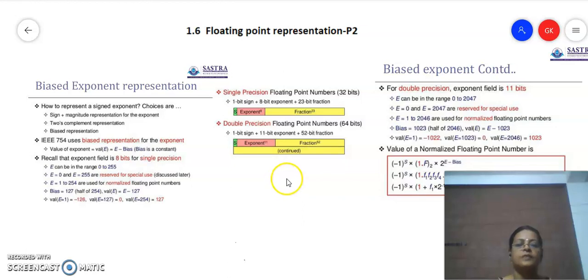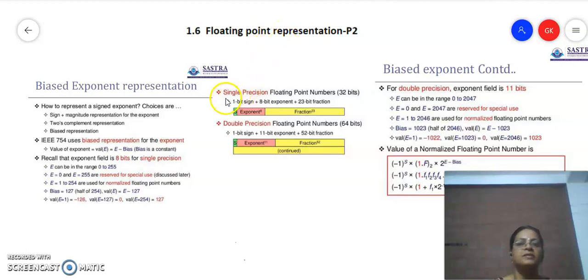Hello everyone. In this session we will discuss floating point representation. In the previous lesson we discussed how normalization is done with respect to floating point. Now in this lesson we will discuss the need for a biased exponent and how we are going to bias the exponent. Before getting into those details, we will discuss that floating point representation can be classified